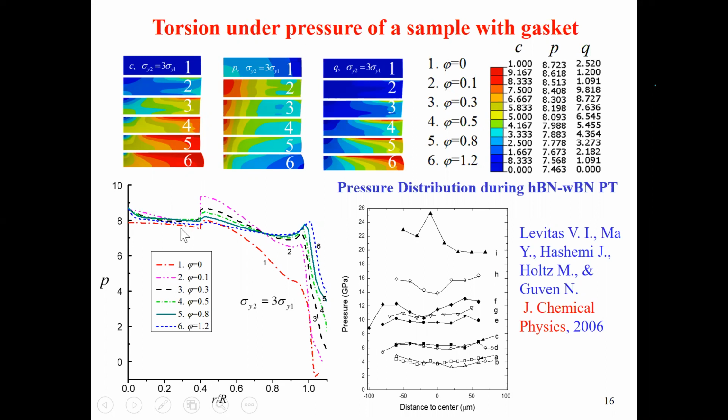This is a simulation, and we showed this before using a simple analytical model, and then it was confirmed in experiment. So this is boron nitride, and this is the pressure distribution. You see quasi-homogeneous pressure distribution after compression and shear. Next compression and shear. Next compression and shear, and complete phase transition. So this is controllable, and that is the advantage of